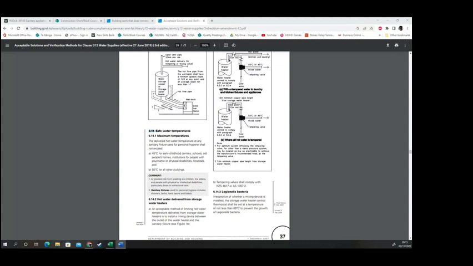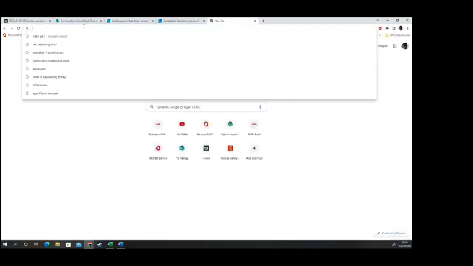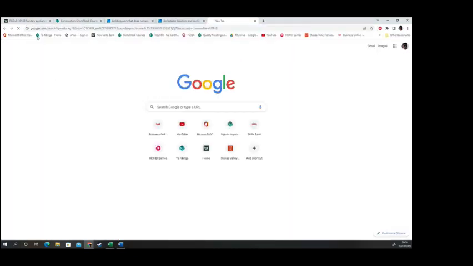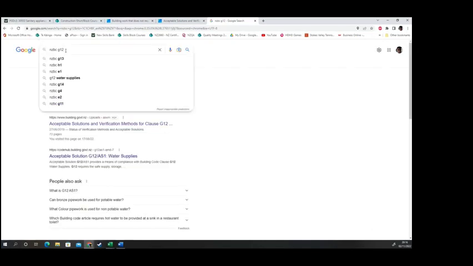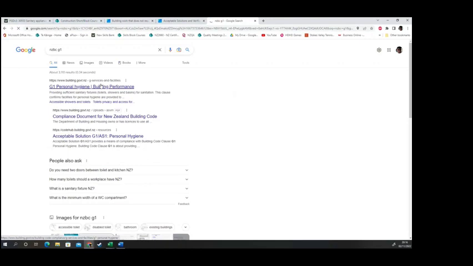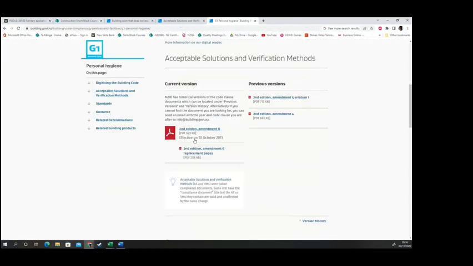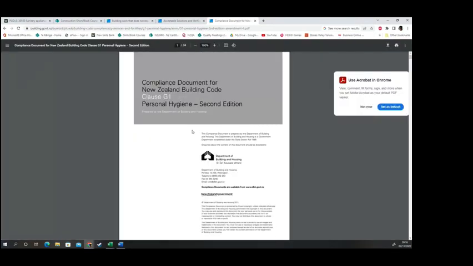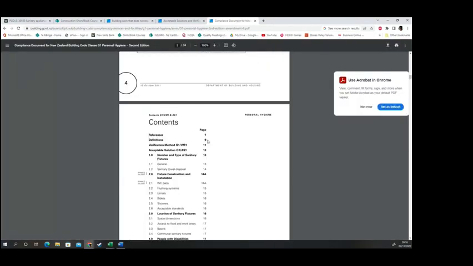Yeah. There's a few questions on G1. So, if you want to get G1, you can just do what you did to get G12. Change it to G1. It'll pop up, and then just use the contents to find what you're looking for. That first one there, it's got the old cover, but it's been lit. I haven't updated that one for a while, but